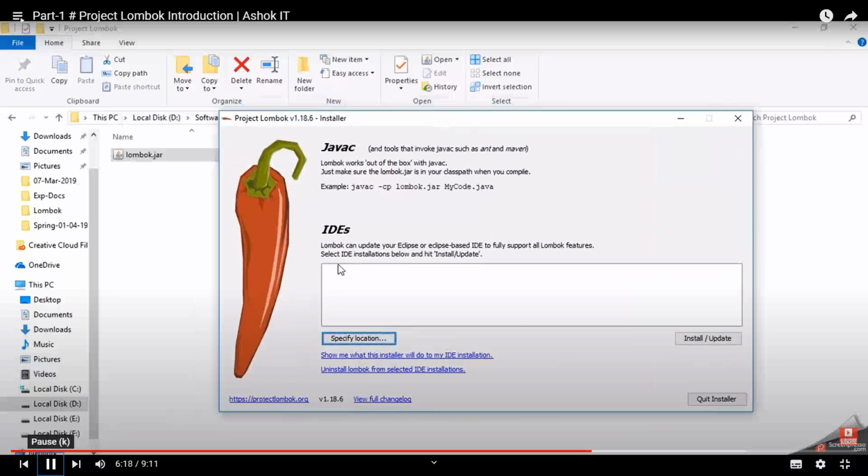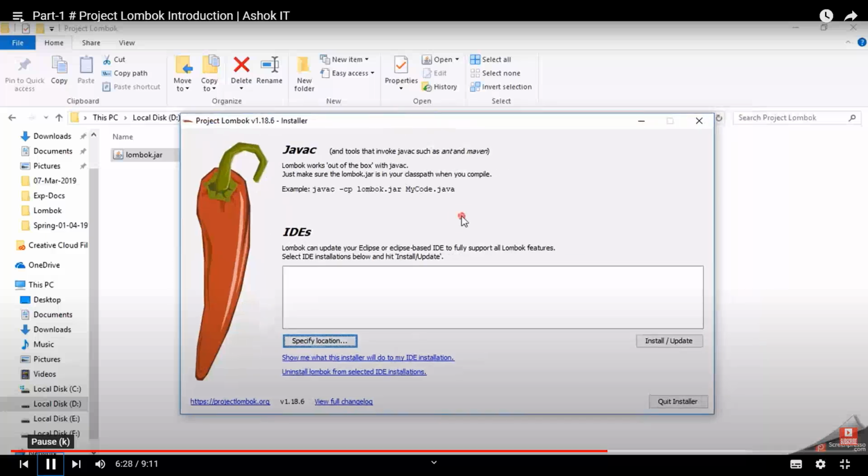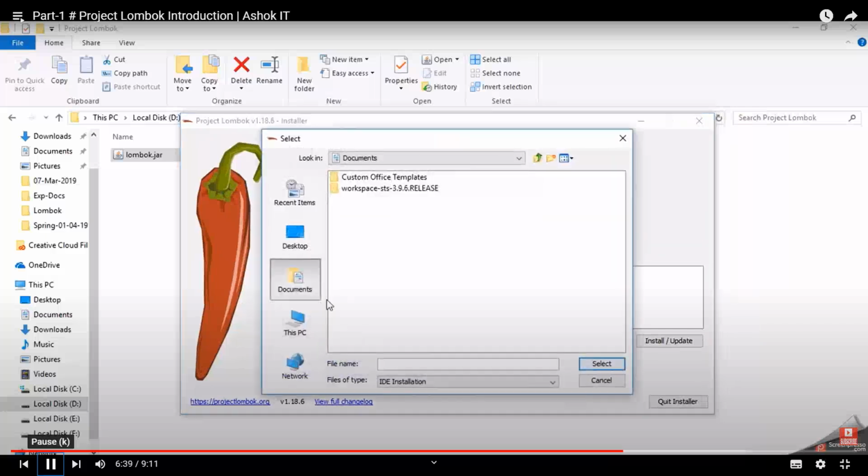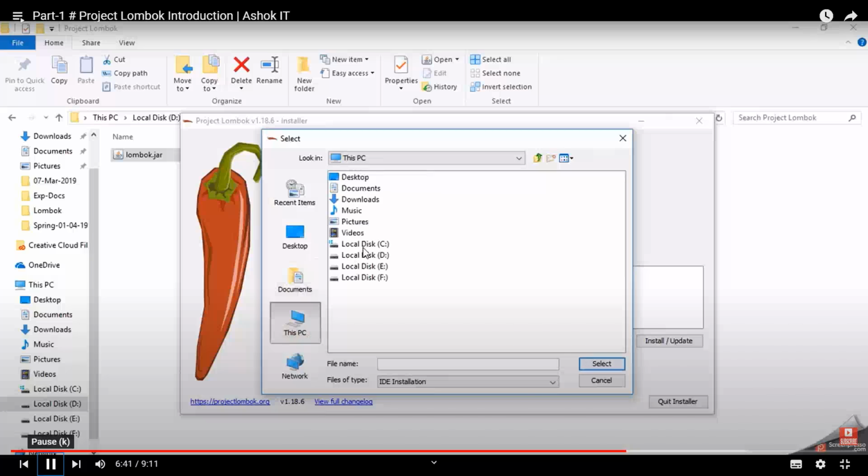By default, it will search for IDEs which are installed in the system to add the Lombok plugin to our IDE. Even if it is not able to scan for the IDEs, we no need to worry, because we can specify that IDE's location manually by using the specify location option. Now click on this option, go to the folder where we have our IDEs. Now I am going to my STS IDE folder,